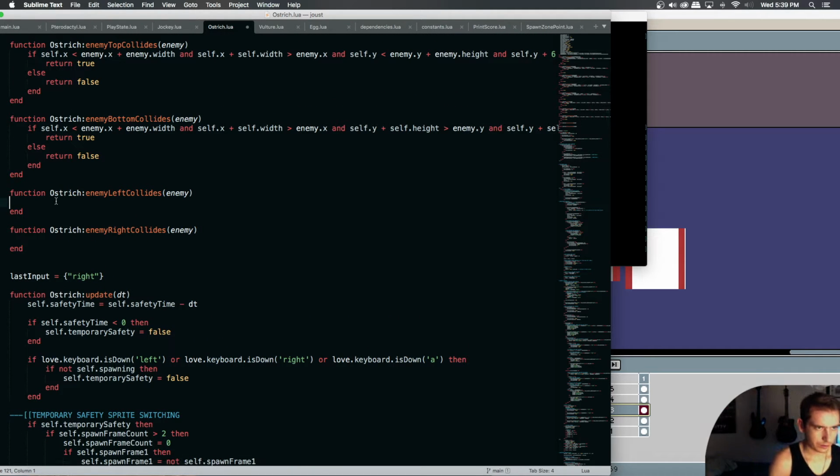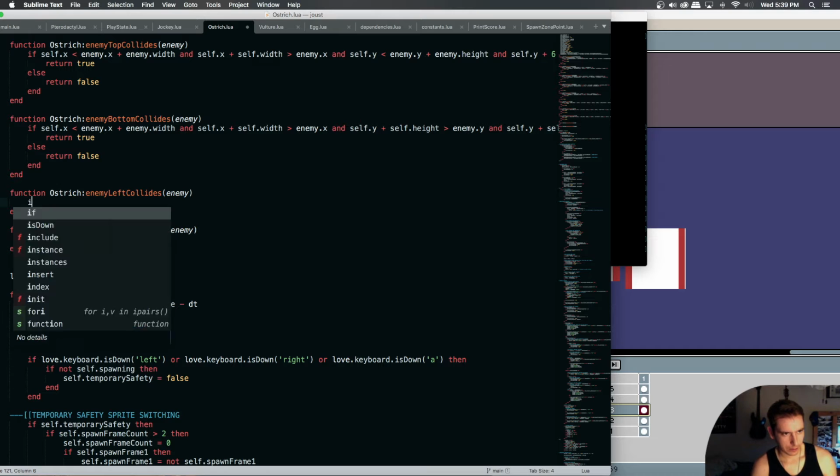Let's just do true AABB, and then we'll see if it's already prioritizing top or bottom, and only those are working fine. It's just that it's screwing up the side collision. So